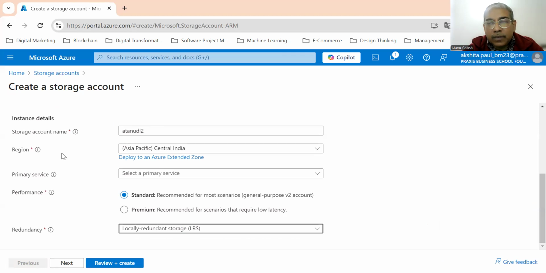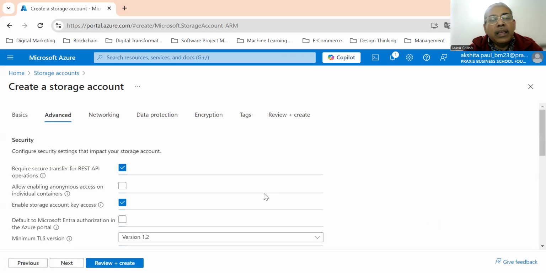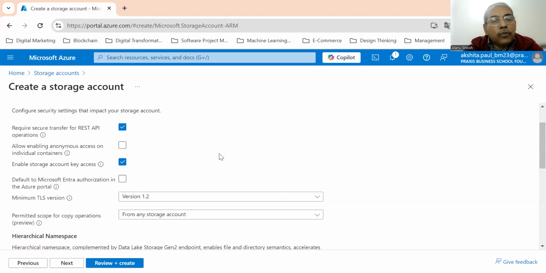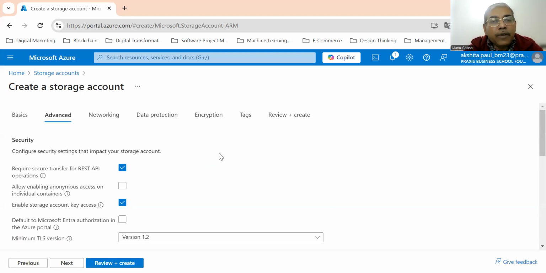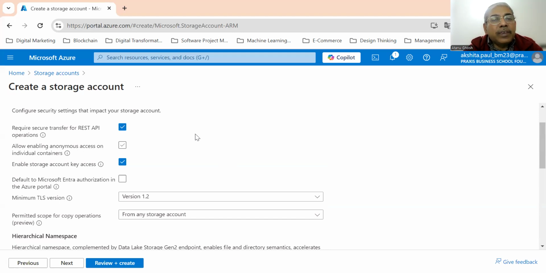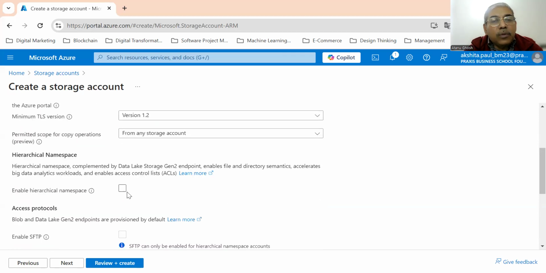So each of these steps will have certain configuration, and we should go to the next one and check all of the configuration. Many of them are default. So unless and until I'm specifically mentioning to change the default, you can leave it as default. So we have now gone to the advanced features. Now here we see that these REST API operations, you can leave it as default, but there's only one very